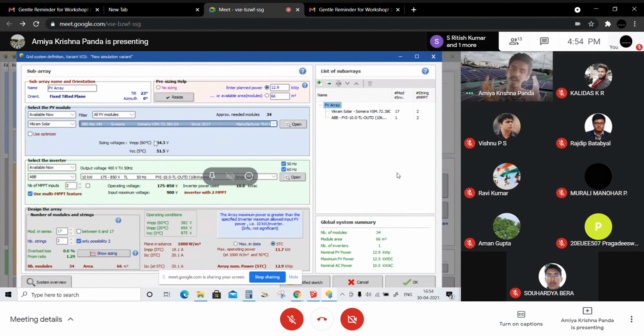So why is this kind of option required? Because every solar product, every inverter and module has different prices and also different quality and services. So when we are designing any project, we need to always consider it not in a theoretical manner, but in a practical manner.